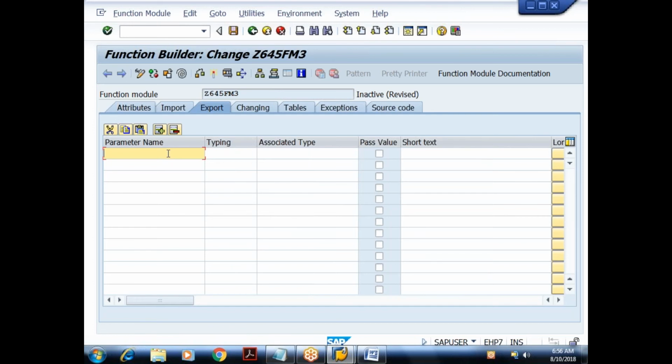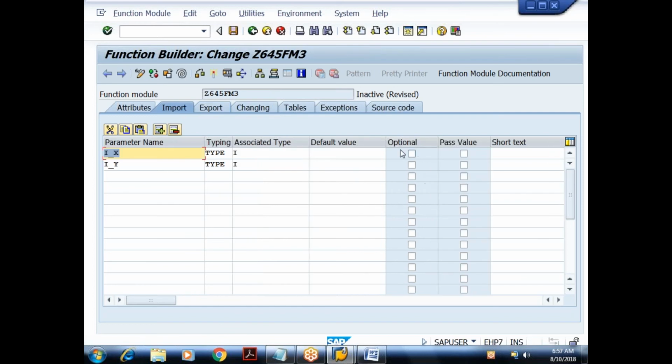Okay, here I'll give the export parameter name as something like E_R1. Generally, export parameters will start with E underscore. E_R1 type what? I. And then I'll take another parameter E_R2 type I. So you can observe here in the import tab we have the column called optional.